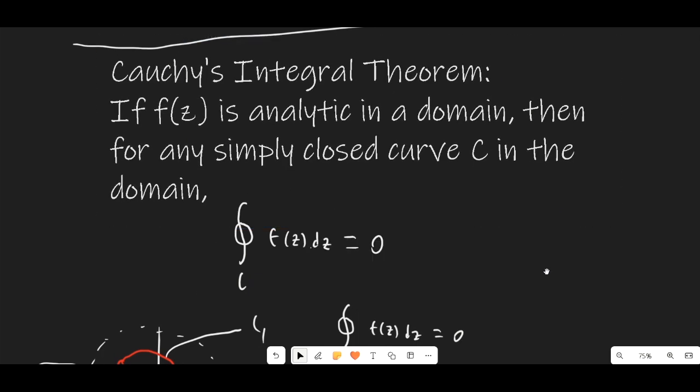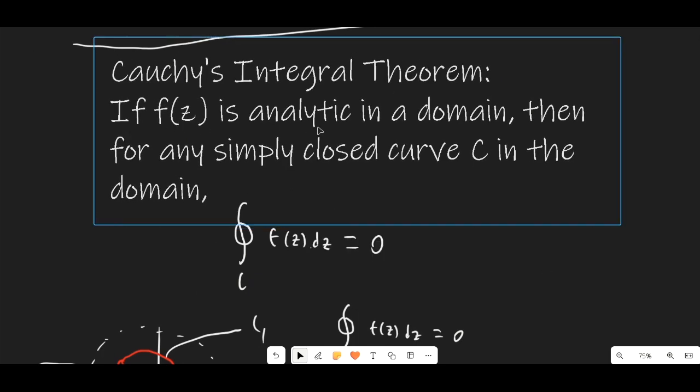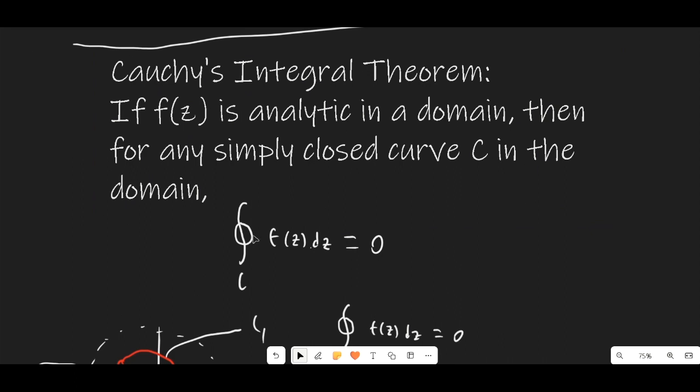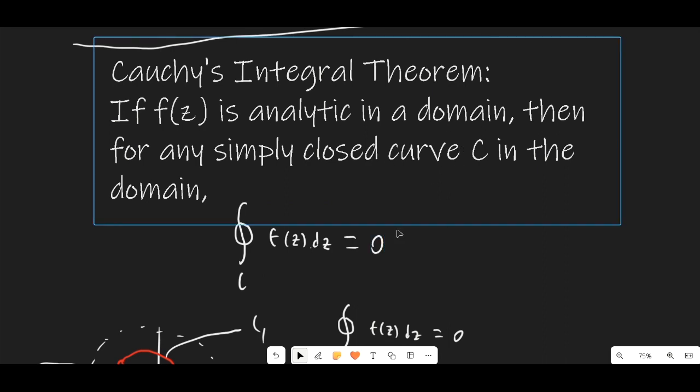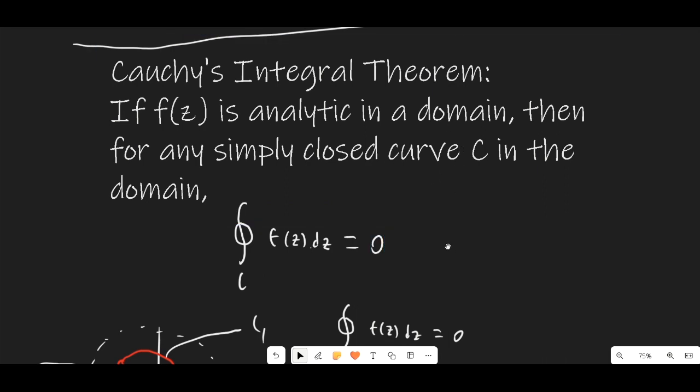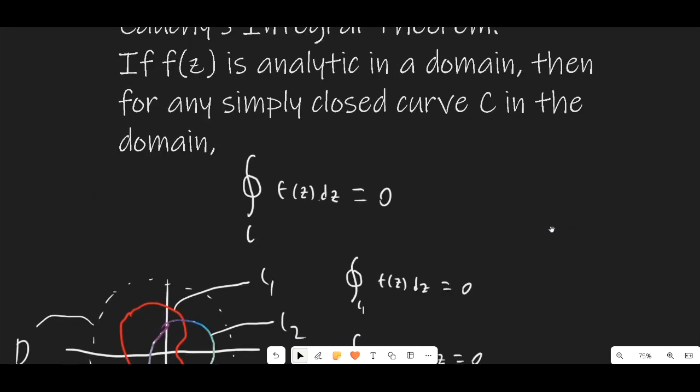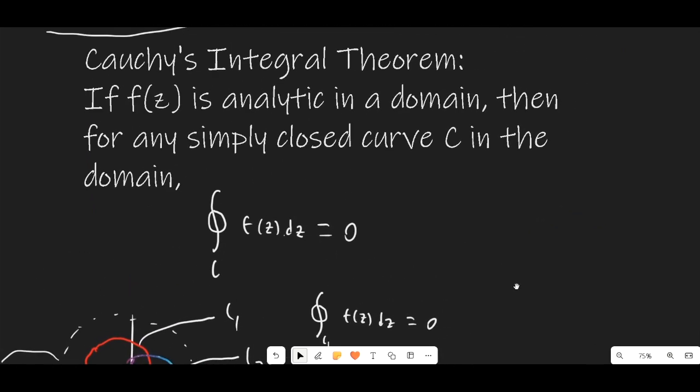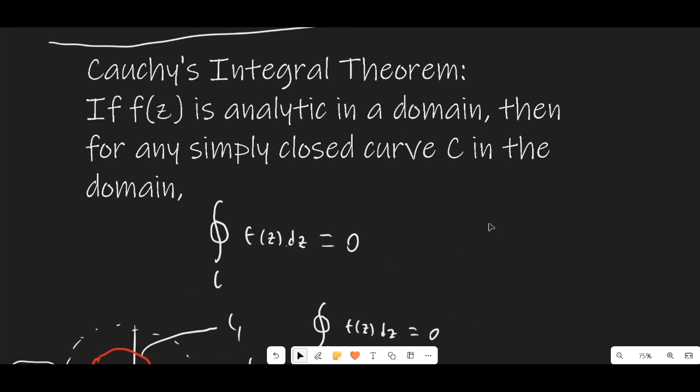And Cauchy's integral theorem essentially states, if f of z is analytic in some domain, then for any simple closed curve C in the domain, the closed contour integral over C of f of z dz equals 0. Now, I've removed most of the math terminology from this definition to make it a little bit more straightforward, but if we want to remove even more, the basic statement is that if f of z is analytic everywhere inside of the curve C,